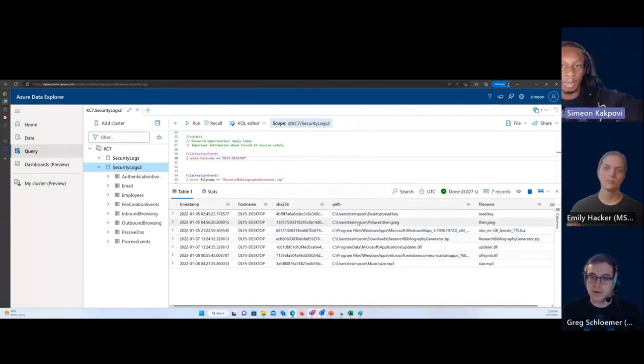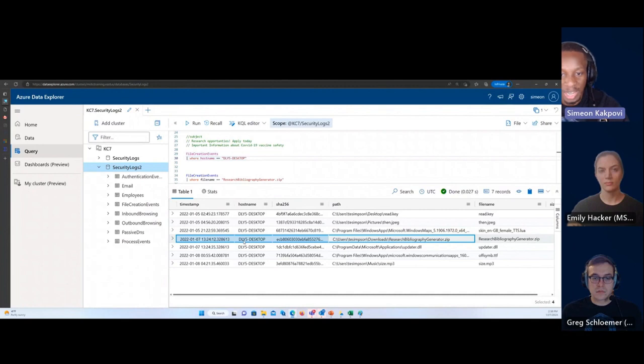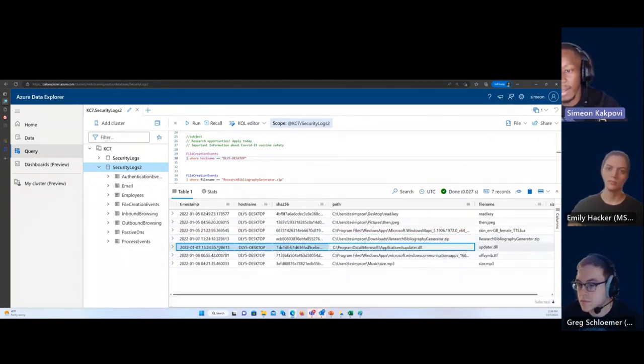Right. So we're starting at the beginning again, but we're going the other way. I started at the beginning and found who the user that was compromised. Now I'm going the other way and figuring out what's actually happening on that box. Again, the question that Emily would have asked. And I see that they downloaded the file on the same day, 13/24. But what we see is that right after that, a couple of seconds later, there's a file that got dropped called updater.dll. That may be suspicious, but we don't really know until we get some other evidence.